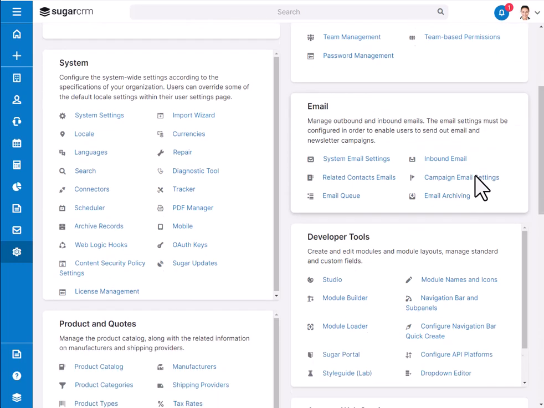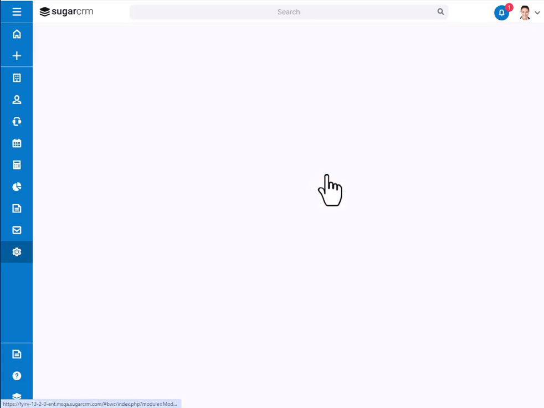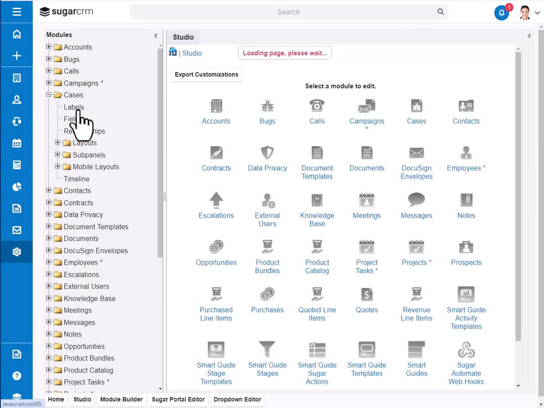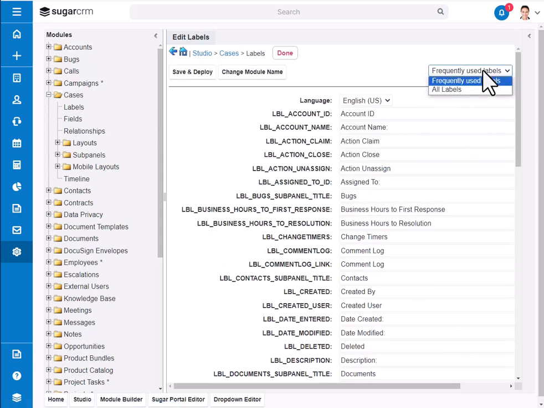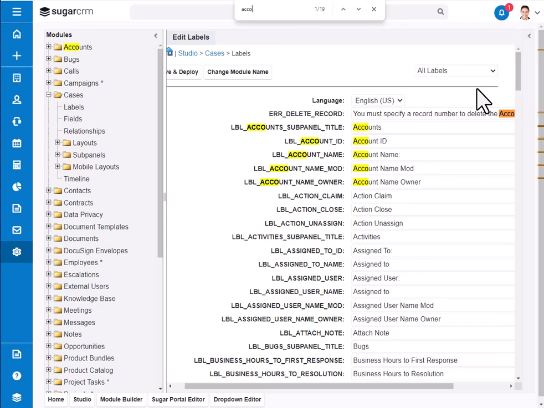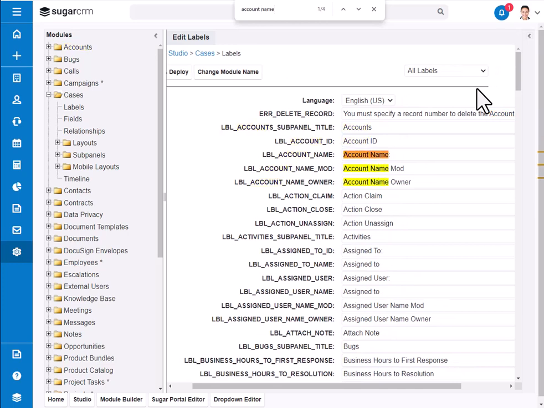You're able to change the labels of fields that already exist in Sugar. So if you like the field, you just want to change the label, you go into that module in Studio, click Labels, make sure you change the frequently used labels to all labels. You can do a simple CTRL F in your browser if you want to find a particular word like account